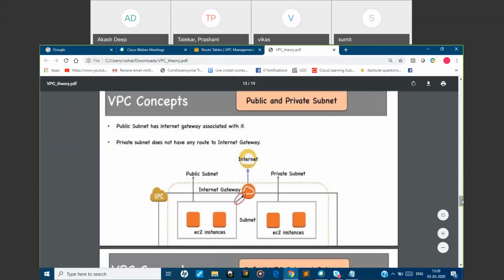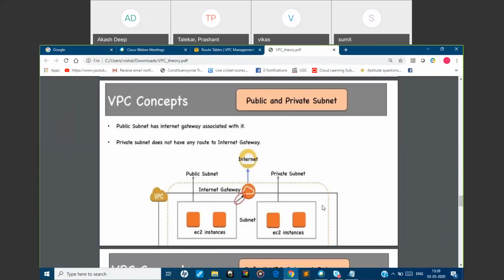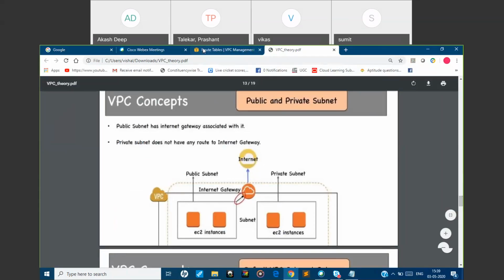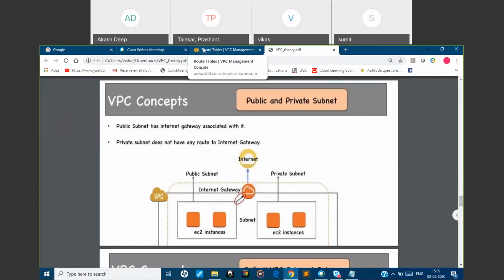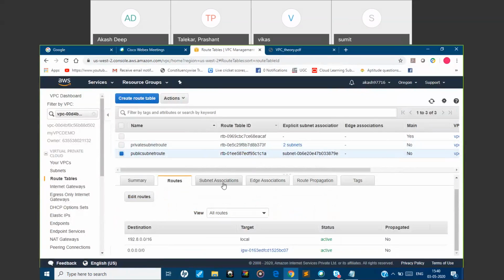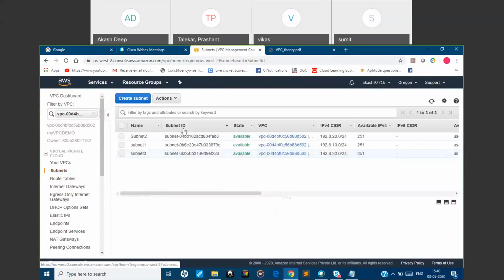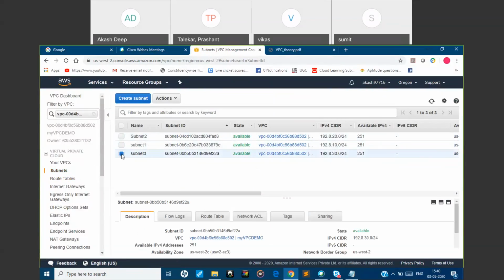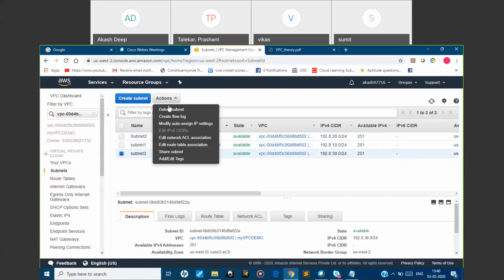Sorry, here we have only two subnets, right? One is public, one is private. But if we created two private, is there any specific reason? No, you can create any number of them. I just wanted to relate with this diagram. Here we have created two, but in the diagram only one private and one public, right? If you go to subnets, we had created three subnets. One, two, three. That's why. If you want to create two subnets, no worries, you can delete this subnet.